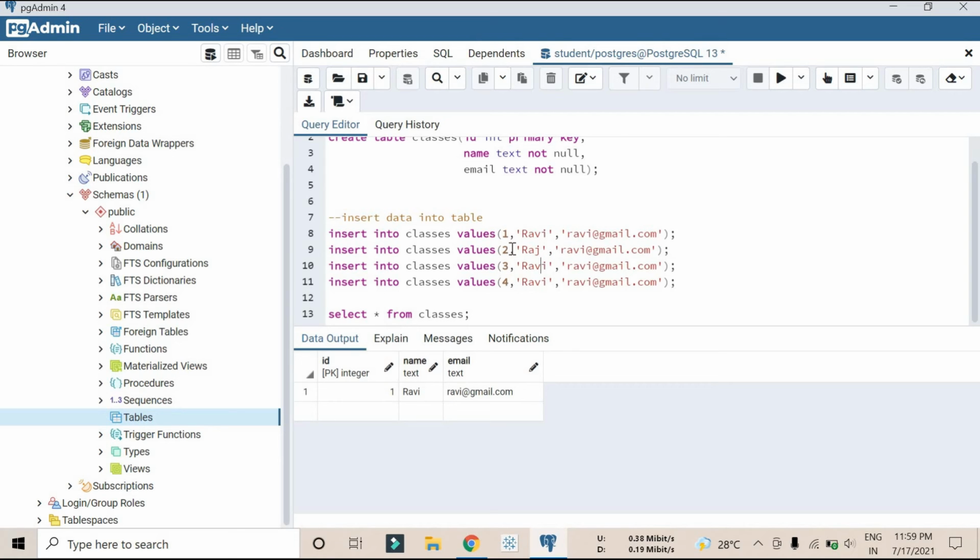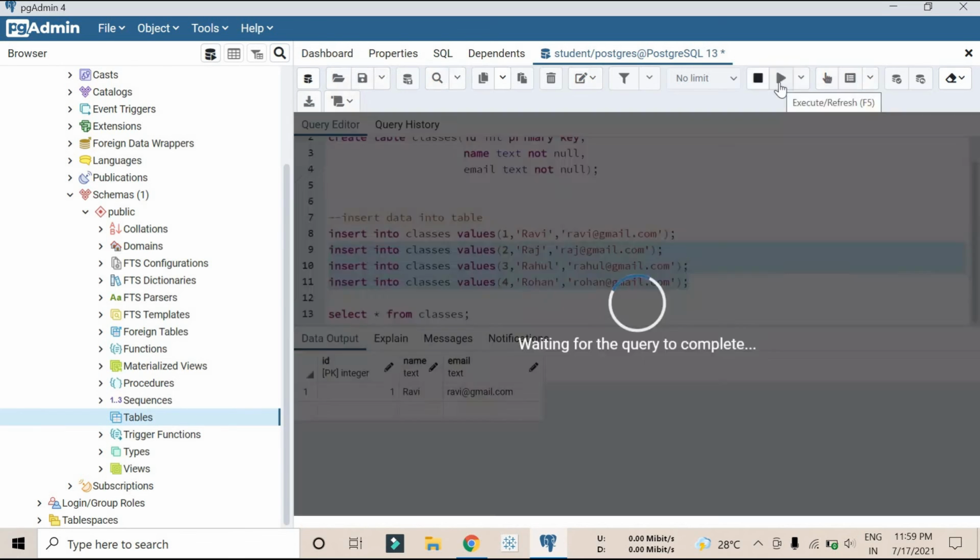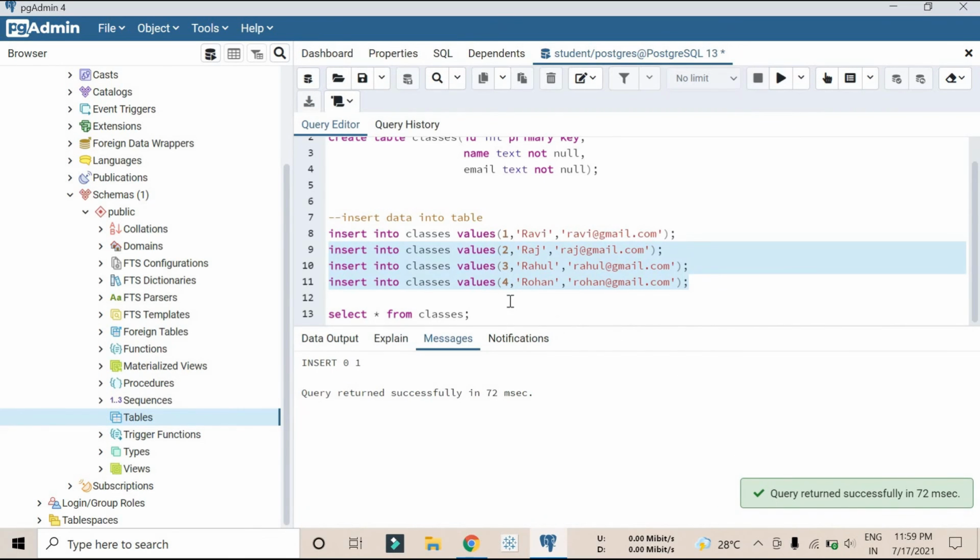Ravi, Raj, Rahul, let's take a random one like Rohan, and Raj@gmail.com, Rahul@gmail.com, and Rohan@gmail.com. So I want to insert all this data, and let me select this query and run it again. So yeah, it returned true.